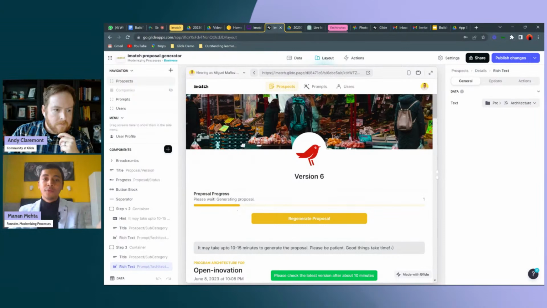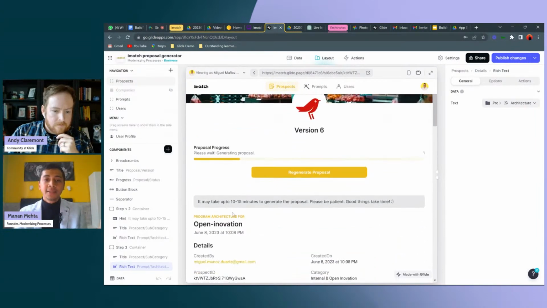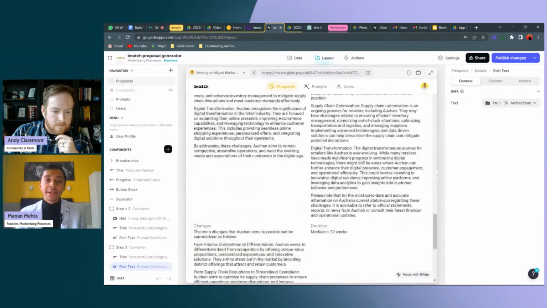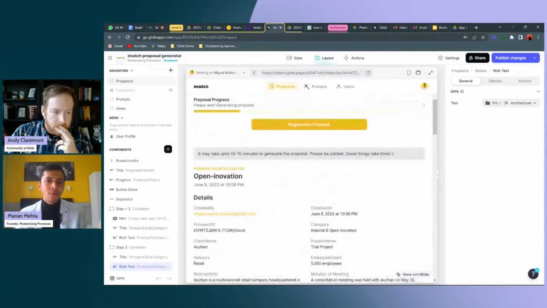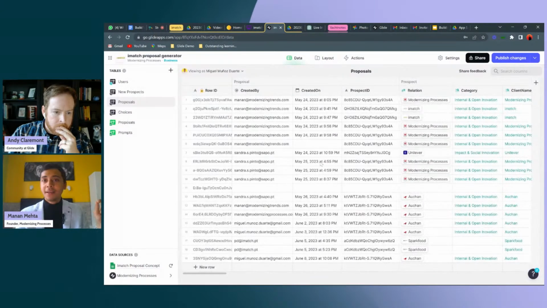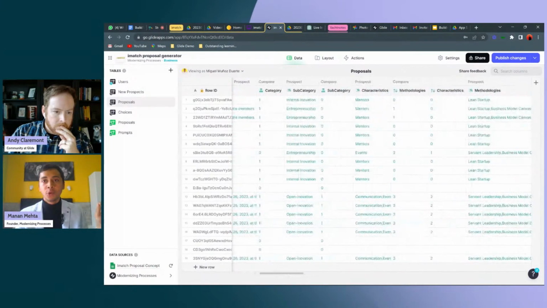You could see the progress move. And here what happens is, ChatGPT automatically responds to me with an architecture. So we might have to wait for some time, but I'll show you on the backend. On the backend, Glide has a beautiful integration with OpenAI.